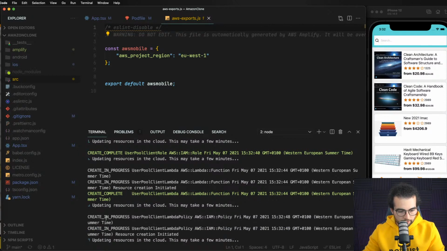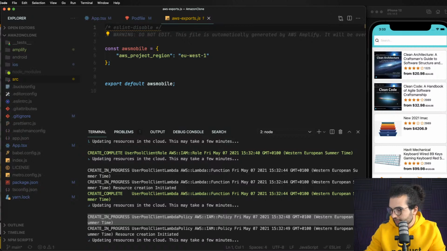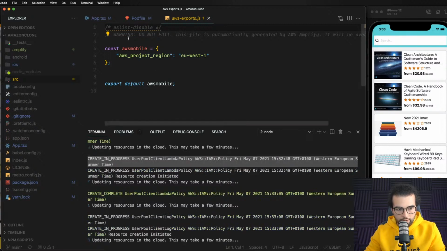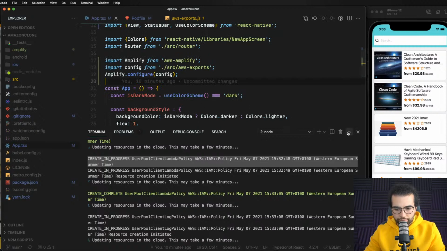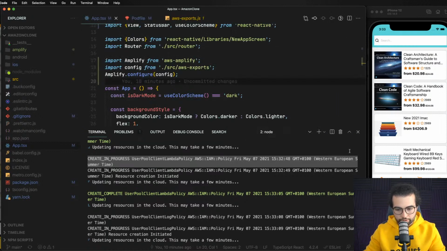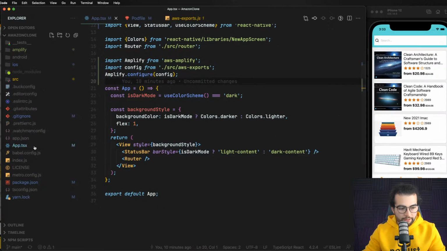So yeah, it creates all these resources on AWS. It usually takes around 2 minutes to finish setting up everything. But I think we can set up the app.tsx, to set up the next step while we wait for it to update. So let's open app.tsx